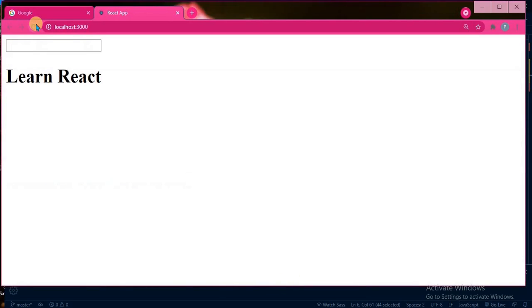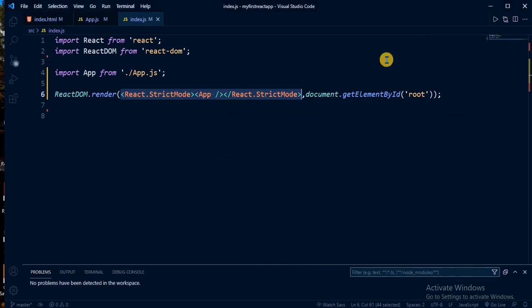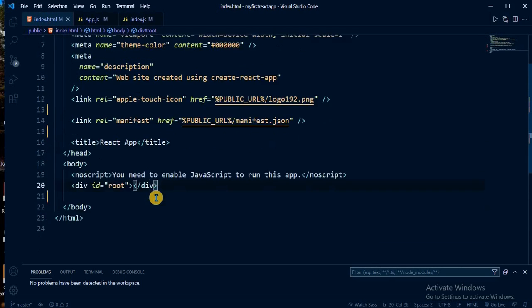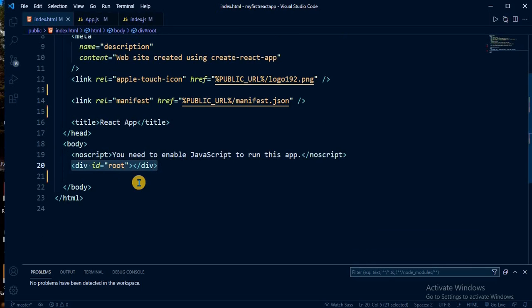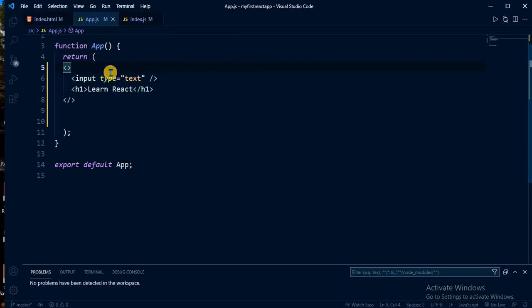The second element is where that HTML element should be rendered. So we can see that document.getElementById root. In the section where the id is root, in that particular section we have to render it. So definitely we should understand that there is some element with the id root, and that was inside this index.html. This is the main section where our entire HTML is to be rendered. So this was all about what I wanted to discuss.